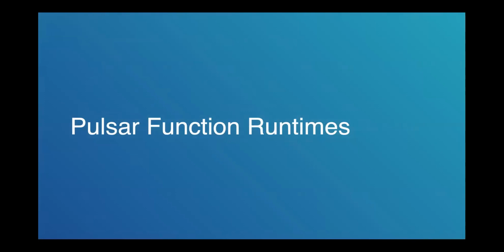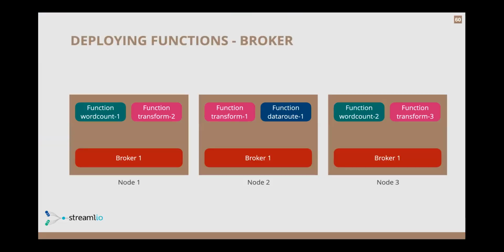So I talked a little bit about Pulsar function runtimes and the scenario where you'd want to just do, you could co-locate on your broker, but there are multiple options, right? Obviously, for a scalable system, you choose the one that's right for you. So the first one is you can co-locate these functions on the broker itself. And you can see here these little boxes at the top. There's word count function, transform functions, and those can get co-located and run as processes on the same node within the broker as well. And so there's no additional hardware required.